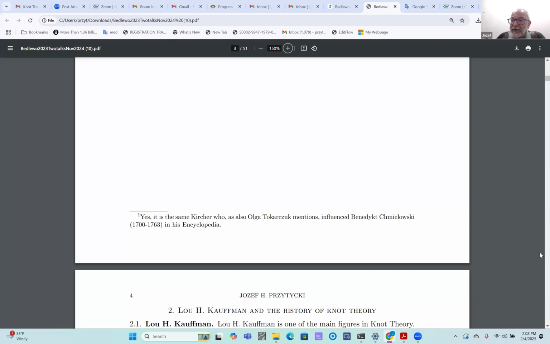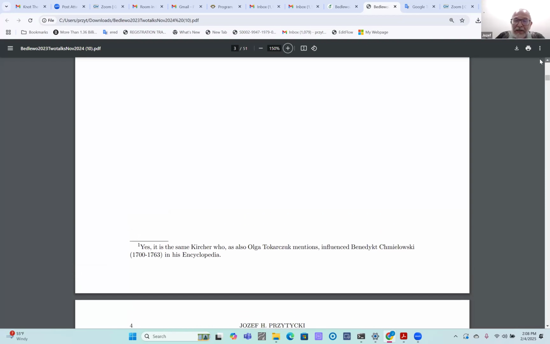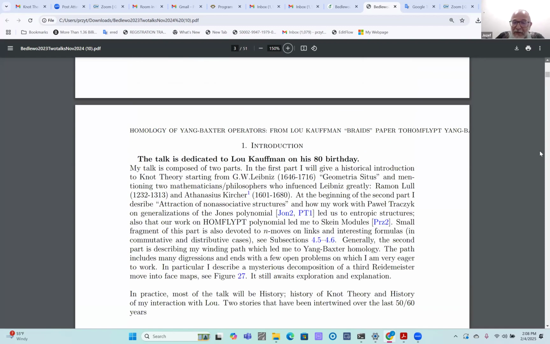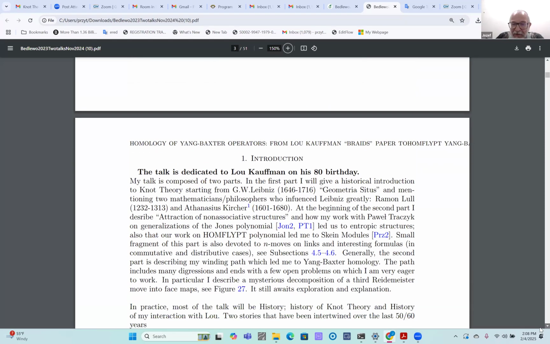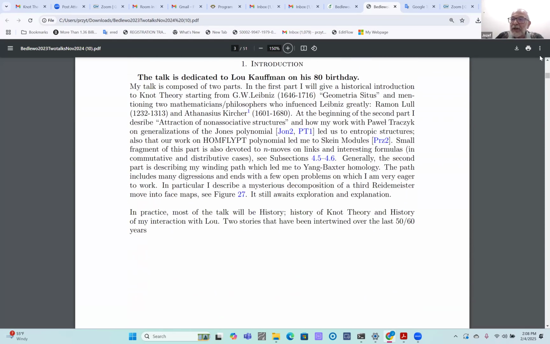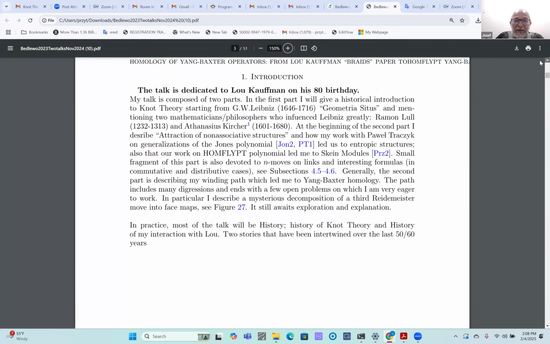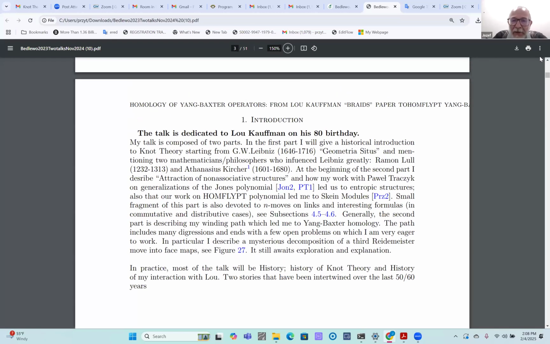And Leibniz as well, for the same reason, that his father was keeping Kircher books in his library. Leibniz was very much motivated by Kircher. Some people even say that most of his ideas are taken from Kircher. This is an overstatement. Anyway, at the beginning of the second part, I described the attraction of non-associative structures and how my work